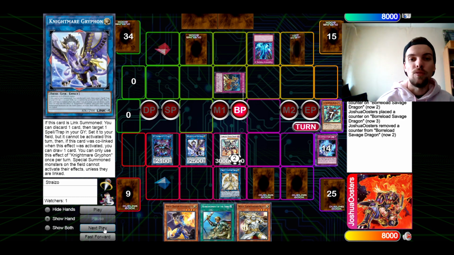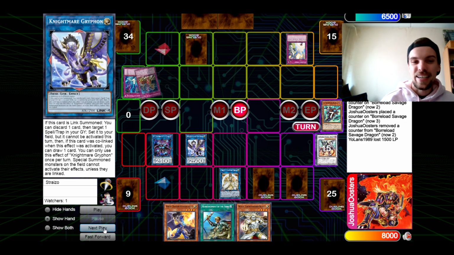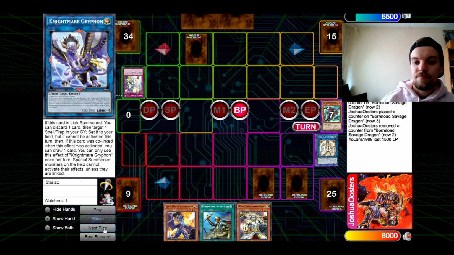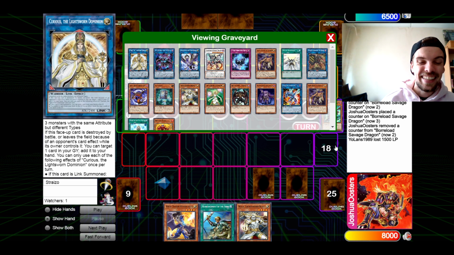Of course, I want to negate this with Burrow Savage, but he does have the combo, which is Torrential Strike, which is the best back row deck combo there is. Just destroying my entire field here. And as you can see, honestly, now that my field is wiped, there is not much left for me to